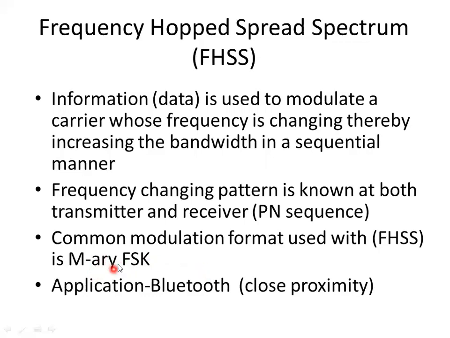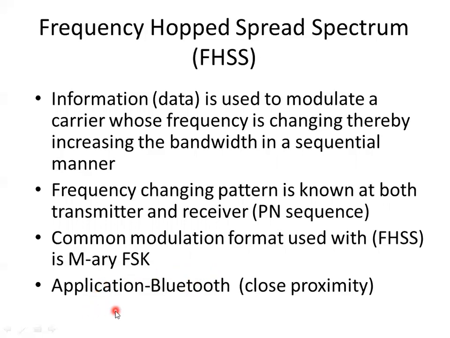Here, in general, if it is M-ary FSK, that means M possible symbols. So if M is equal to 4, that means it is a 4-ary FSK. That means there are four symbols. If M is 4, each symbol will be represented with a carrier of a different frequency, because it is frequency shift keying. So if you assume four frequencies, F1, F2, F3, F4, the carrier frequency for symbol 1 will be F1, the carrier frequency for symbol 2 will be F2, etc.